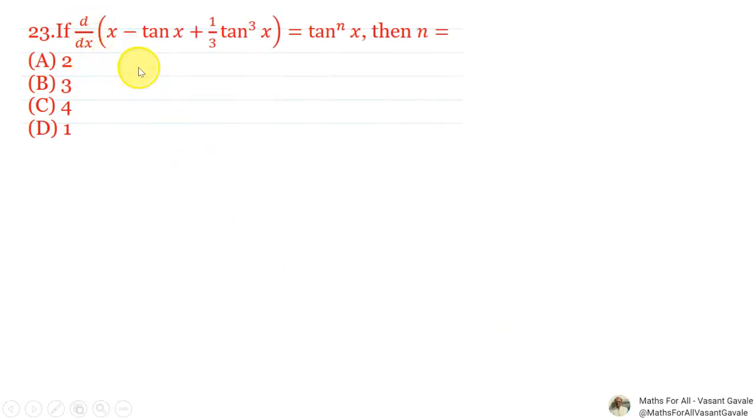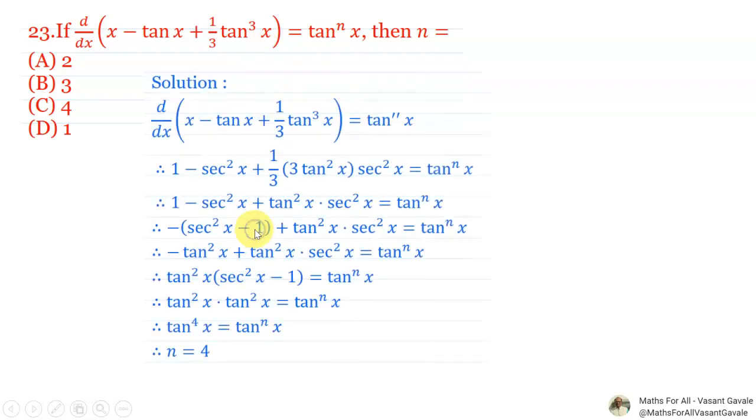Next, d/dx of x minus tan of x plus 1 by 3 tan cube x is equal to tan of x raised to n. Then n is equal to, simply we have to find the derivative. Replace sec square x in terms of tan, then you will get the value of n. The derivative of x is 1, of tan x is sec square x, of tan cube x is 1 by 3 into 3 tan square x into the derivative of tan x, which is sec square x, is equal to tan of x raised to n. Here as it is,